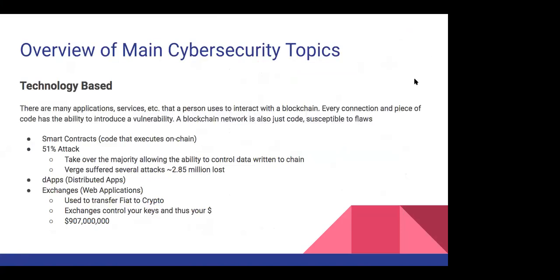I'd mentioned the 51% attack. That's just when a majority of the mining power or hash power in the network is taken over. And if you control a majority of the mining power in the network, you're able to change the data of that network, because it's supposed to be a transaction log that's continuous from the start. But if you can change the data and say, oh, a month ago, I actually had $1 million, and then make it true, then you can undermine the value of the network and also change your balance.